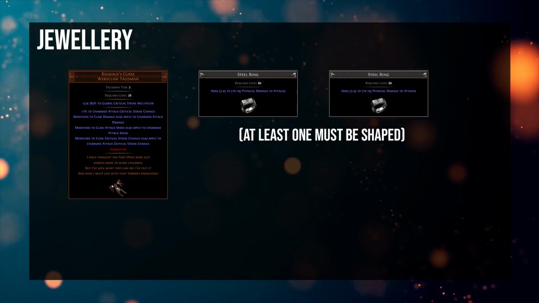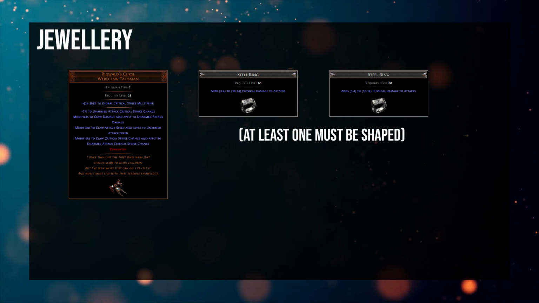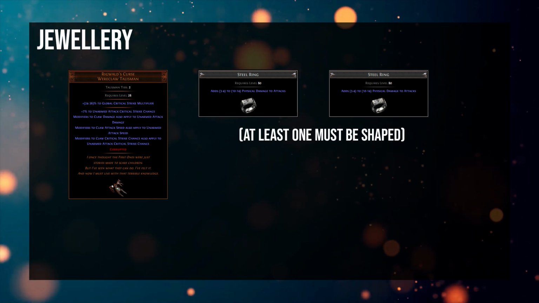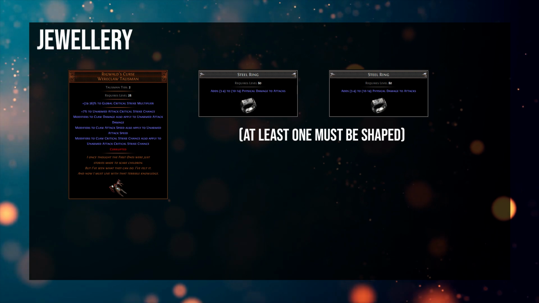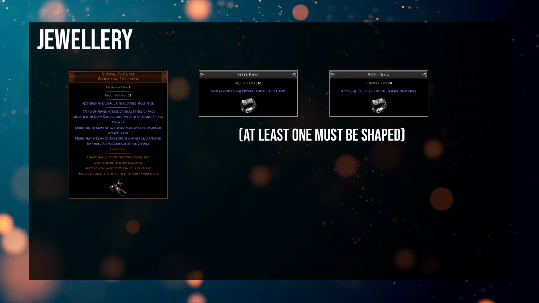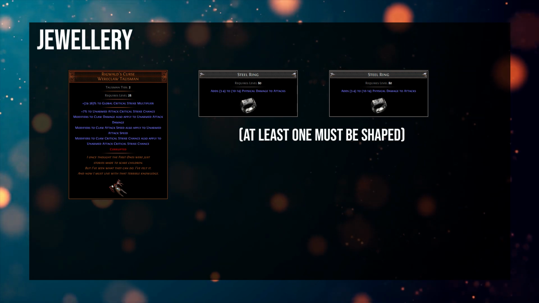Next of all, our rings are what makes this build crazy. So we're using 2 Shaper Steel rings. Now, there is an argument to say that you only need one shaped steel ring, but you'll need something in the vicinity of a level 85 plus roll if you can get it. If you're using a standard shaped ring, because you want to try and get that physical damage to attacks roll. But essentially, the first one I'll talk about, which you'll see in the POB,